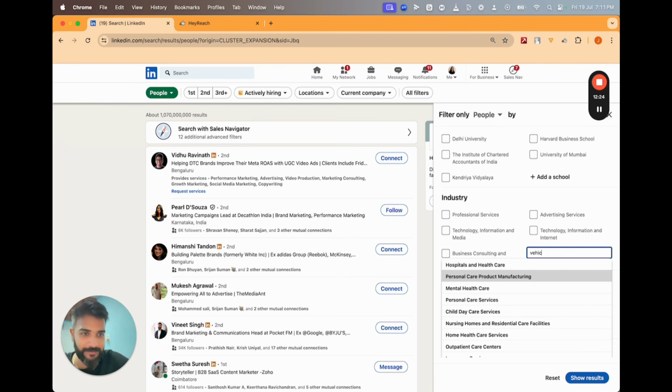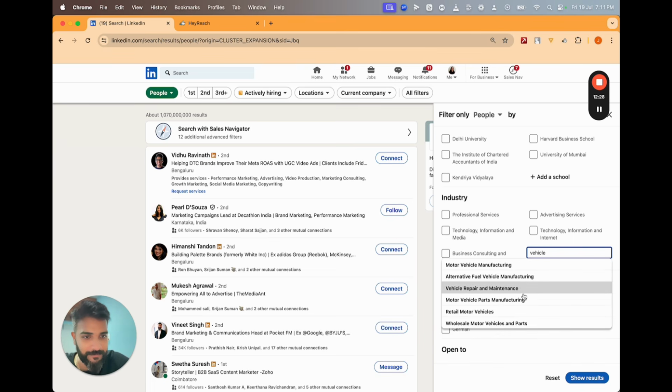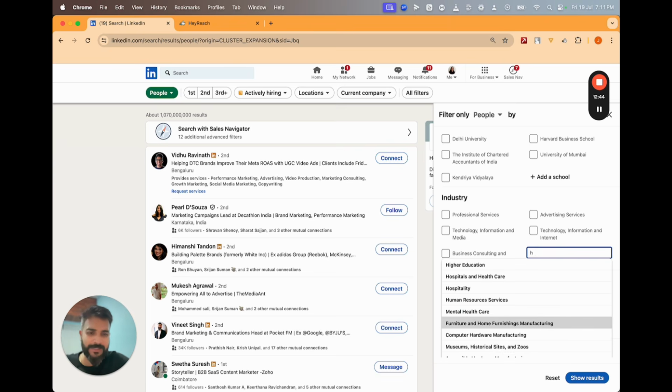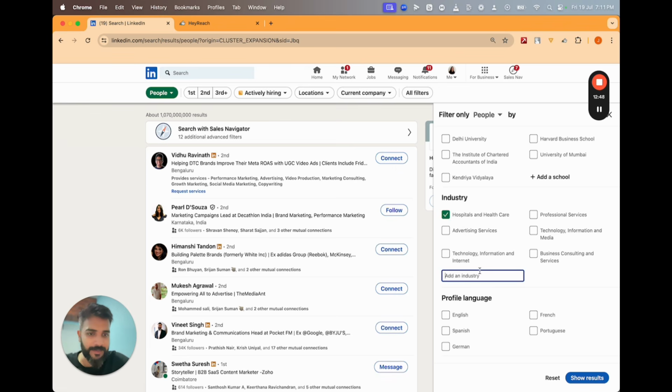Vehicle. No, these are all retail, art dealers, automotive. Okay, I don't think we have anything like that. Okay, let's look for something like hospitals. I think hospitals was an example that we used earlier as well.